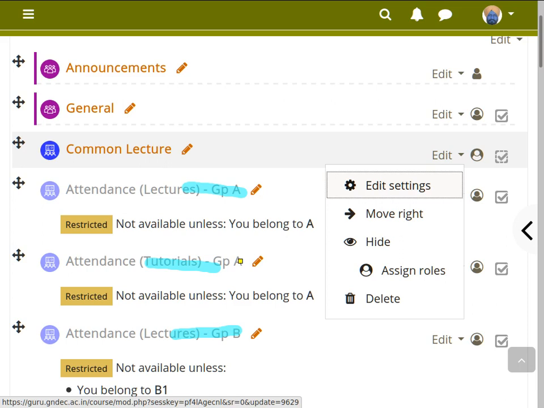So we have created all types of possibilities which you can encounter. So now we need to put all these items in a grade category, attendance.